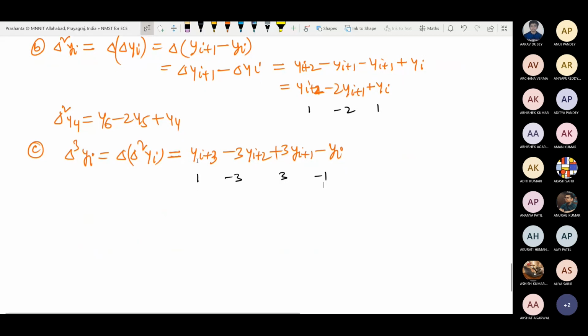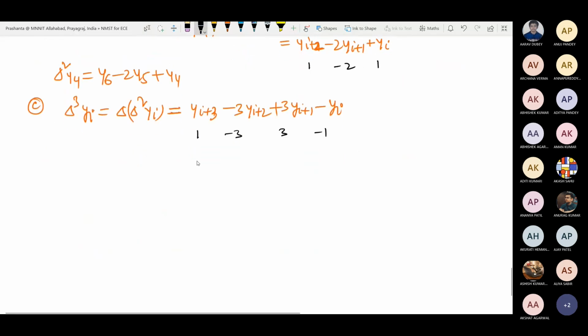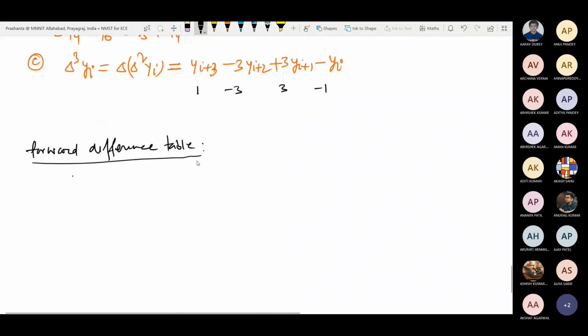Now I'll be creating a table from the data points, because from that table we'll be picking particular values to create the polynomial. Okay, forward difference table. Remember, we are doing all these things to avoid solving a system of linear equations. If we can solve it very easily, then there is no need to do this kind of thing, because that method is always there. So this table is created in this way.